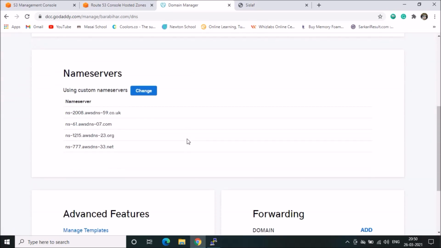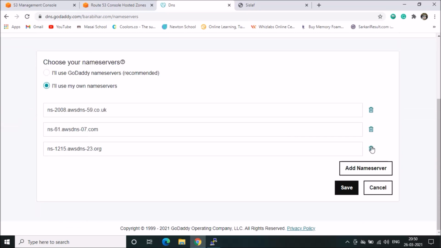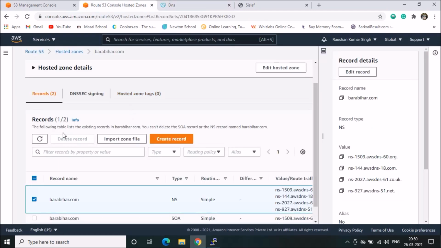Okay, so in your case you can see custom or recommended, or initially there may be two entries, so you can edit that by using custom. So here we need to paste the Route 53 NS record entries one by one.